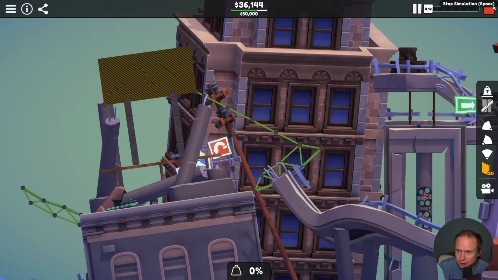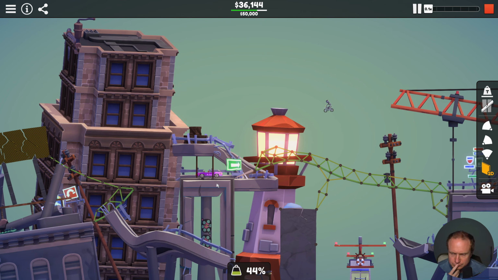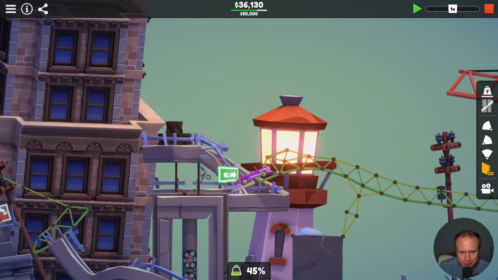Okay. That one I can take down a notch. Okay, still back wheel is bad on that one. Need that to go down a little lower. P for pause simulation is a weird key. Yeah, look at where we're landing that one. Okay, that...